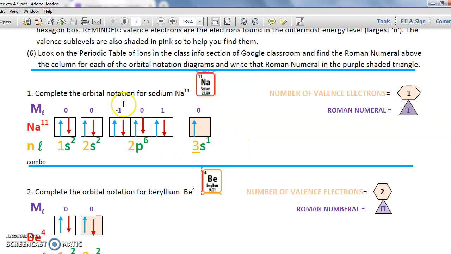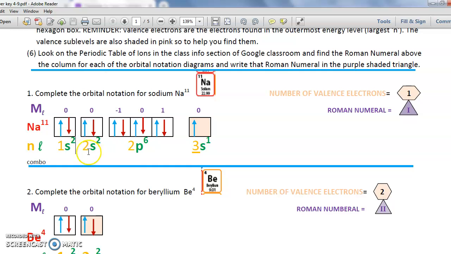The first one we're asked to do, orbital notation for sodium. Looking on the periodic table, we'll see that sodium has an atomic number of 11, which means it has 11 protons, so it should have 11 electrons. We fill up the first level, which holds 2 electrons because there's one sublevel, the S, on the first energy level. That S sublevel only has one orbital, and we know each orbital only holds 2 electrons, so the first